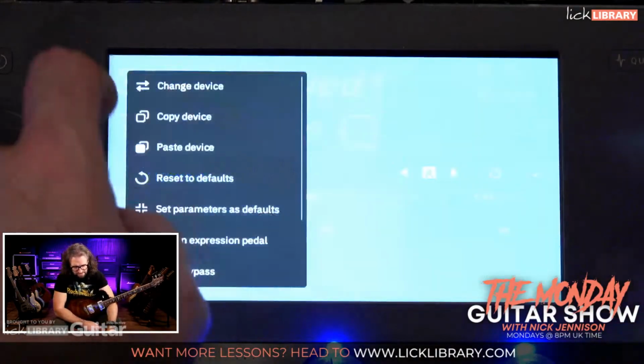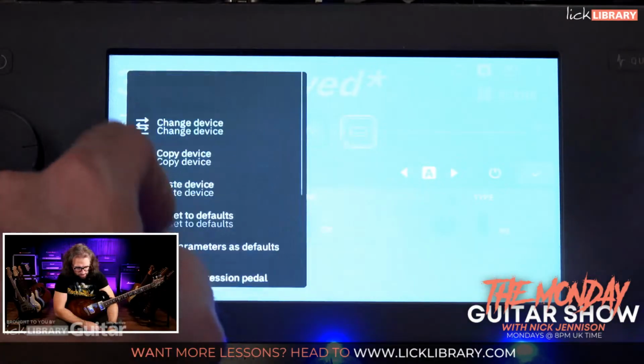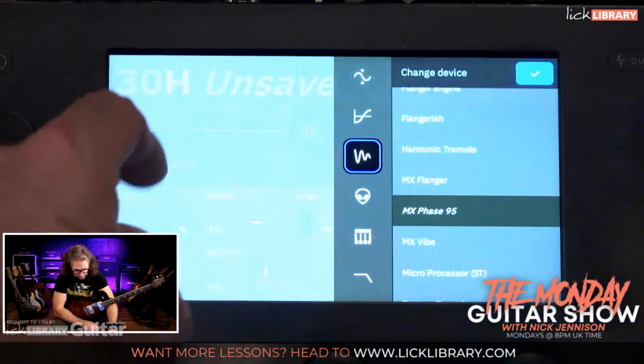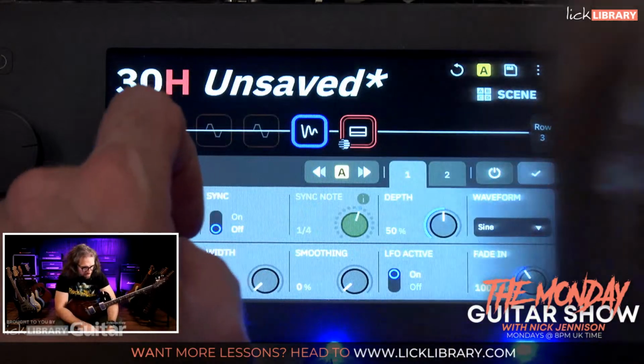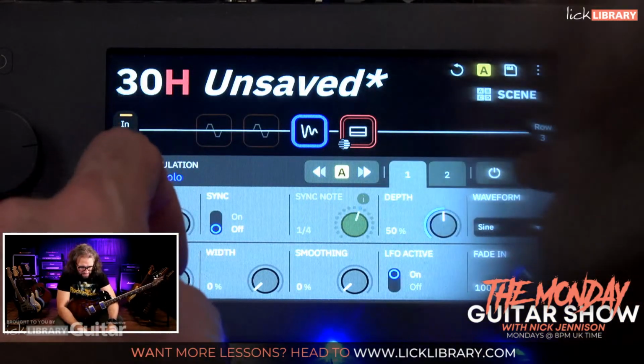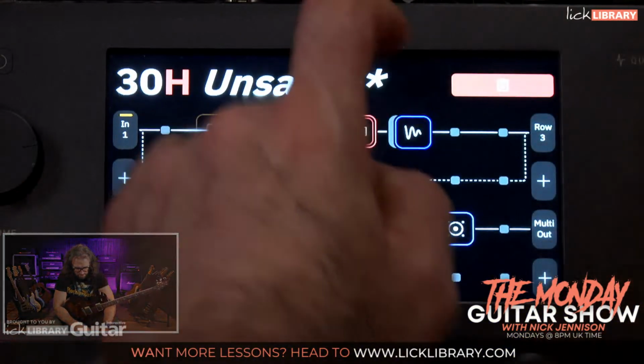Now, let's go to the tremolo, because we said we're going to do the tremolo, so let's go to that. Let's choose the actual tremolo. I'll actually engage it this time and won't make a silly mistake. So if I go here after the amplifier, which is where we traditionally find trems,